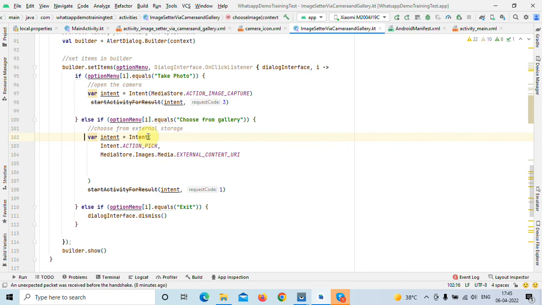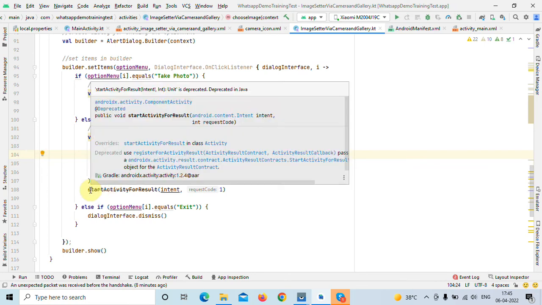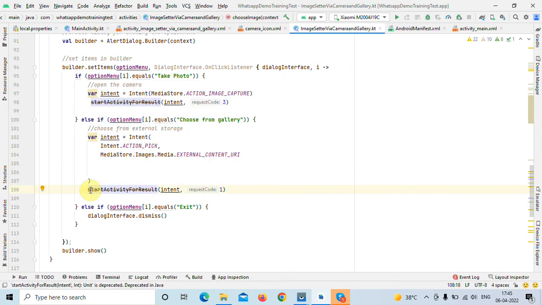Else if it is equal to choose from gallery, then it will call this implicit intent. In the implicit intent, we pass Intent.ACTION_PICK and MediaStore.Images.Media.EXTERNAL_CONTENT_URI, which is used to select an image from the gallery. We pass the intent and request code like the previous one we used to open the camera.